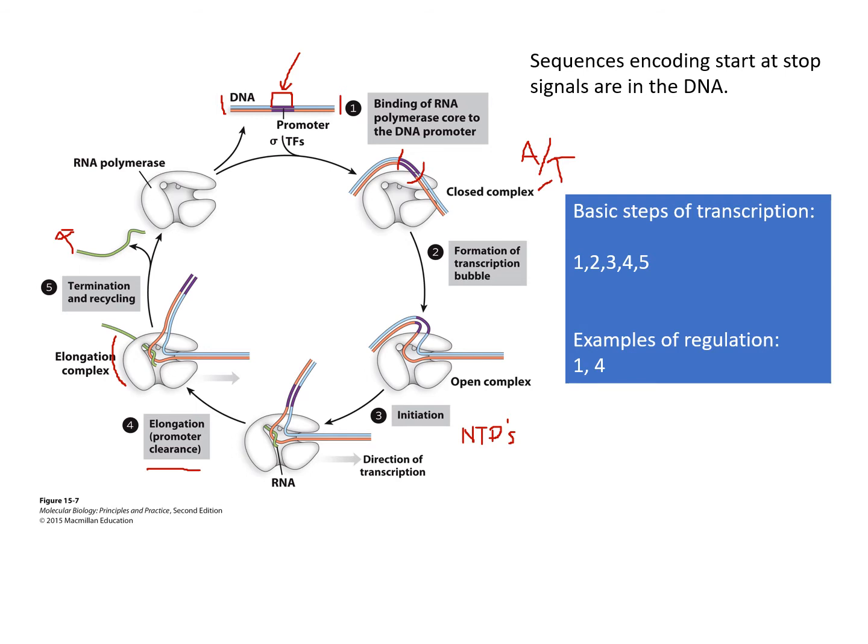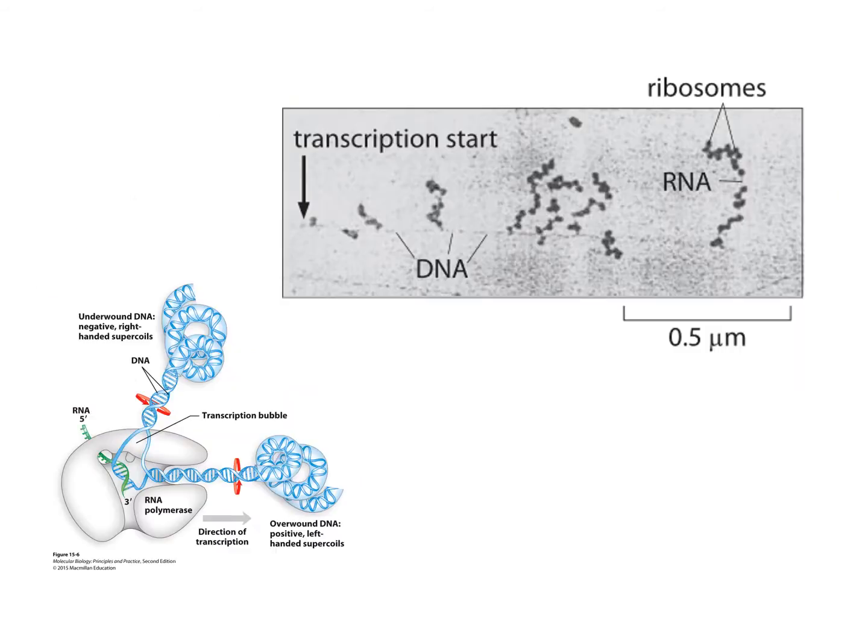We're going to look at examples of regulation, both around step 1 here, which is this recognition of the promoter. We're also going to look at an example of elongation regulation, which is around here, because obviously gene expression needs to be regulated. So before we get on to the regulation and some of the protein specifics, let's just take a closer look at this